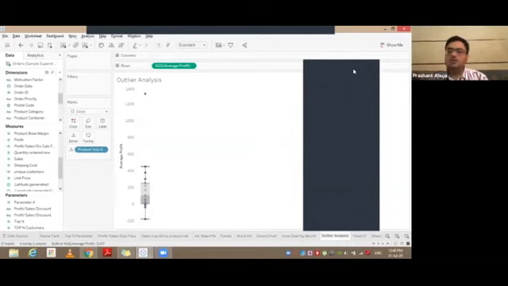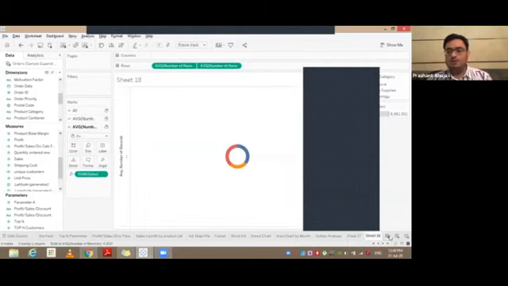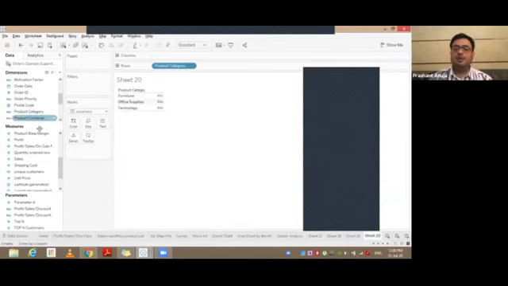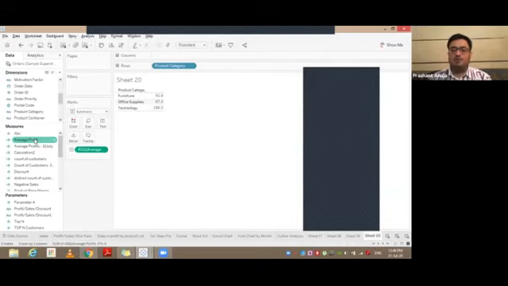So how do you identify those outliers and then deep dive into whether 60 has been quoted by mistake or is actually the right price for the thing you're looking for? Is there a compromise on the quality? So how do you do that outlier analysis? It's a very simple way of doing it. Let's say product category, and we calculated a field called average profit in the last session, just an hour back. So just take average profit.